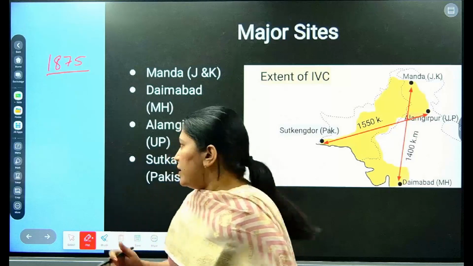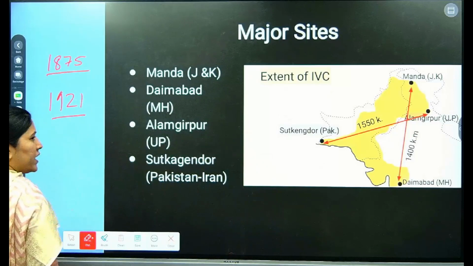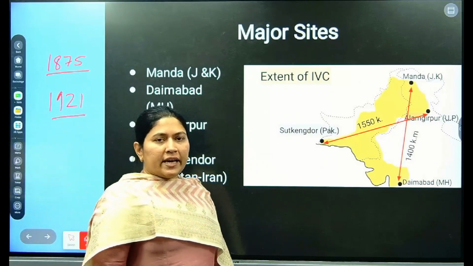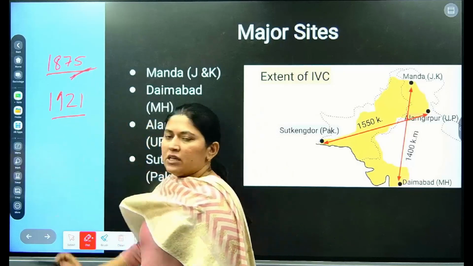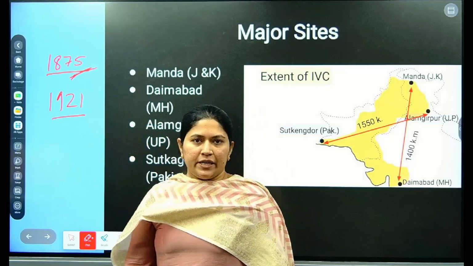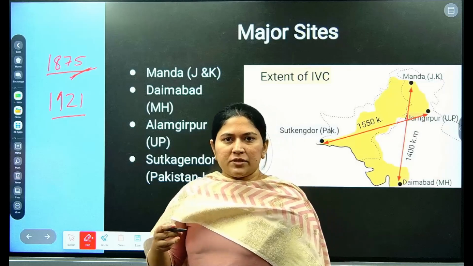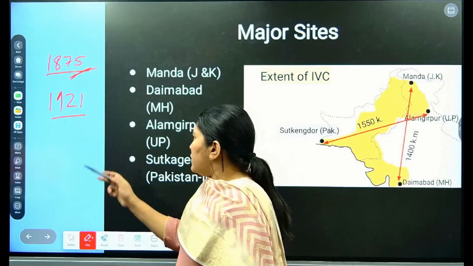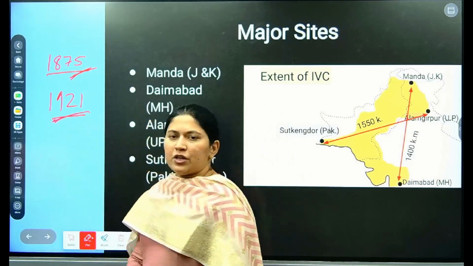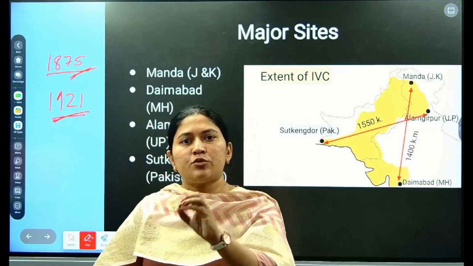But in 1921, Dayaram Sahni. Now, Alexander was a foreigner who found the Harappan site during 1875. But one of the Indians, Dayaram Sahni, in fact there were two, but the major one is Dayaram Sahni, in 1921 found that this site is not only present in today's Pakistan,